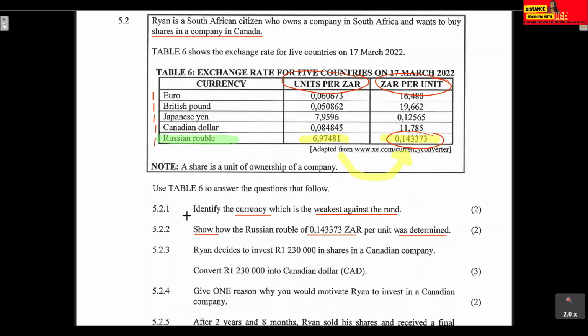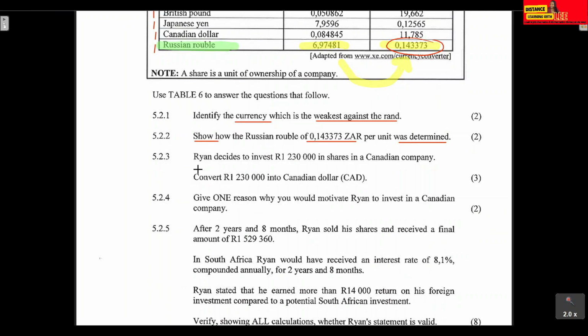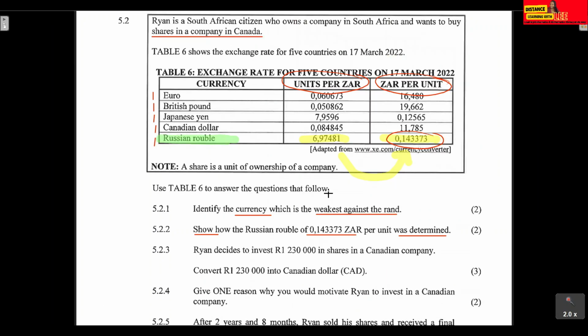All right, question 5.2.3. Ryan decides to invest 1,230,000 in shares in a Canadian company. We need to convert this 1,230,000 into Canadian dollars. So now we're converting rands to Canadian dollars. So what's going to help us to do that? Here in the last column, it just makes our life easier because we are told